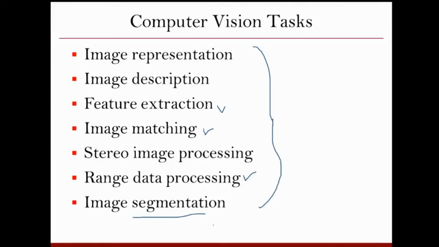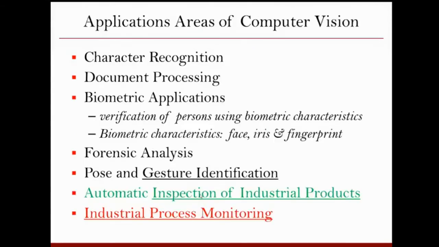In the previous example, where we were classifying whether the area in the satellite image contains man-made structures, buildings, or forest, we basically do segmentation. We want to segment the given image and find out whether it's a man-made structure or a forest. So that's a segmentation problem. In general, in computer vision tasks, we might be doing one or multiple of these tasks.